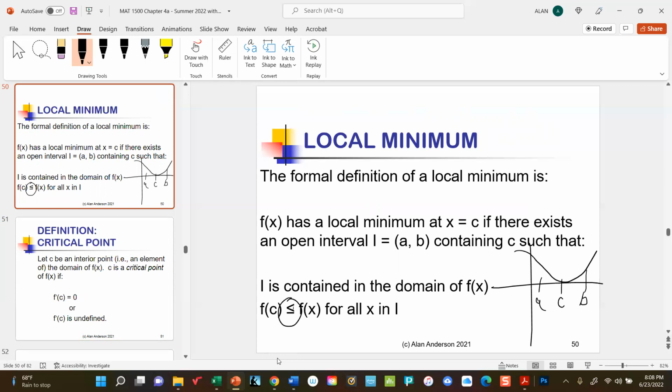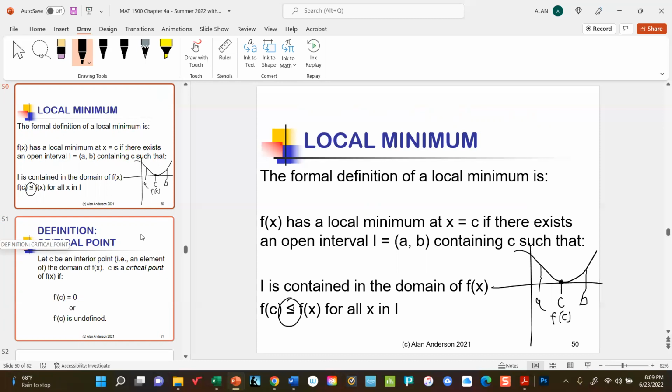So in other words, no matter where you look in here, f of c is the smallest value of the function in that interval. That's what this is telling me. Okay, so yeah, the optimization is very, very important, but I think it's extremely interesting too, because